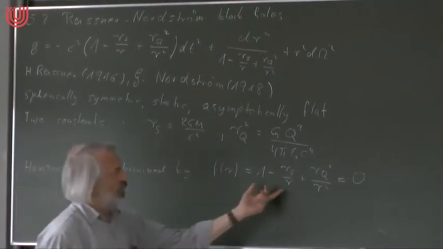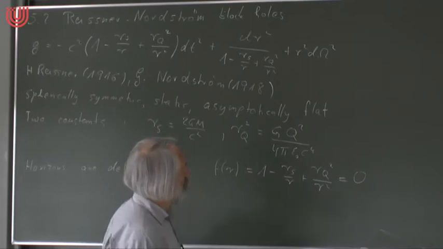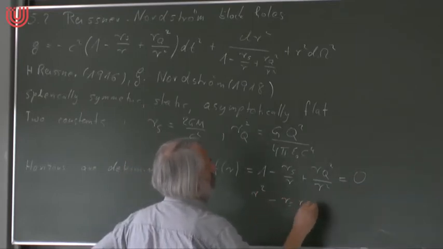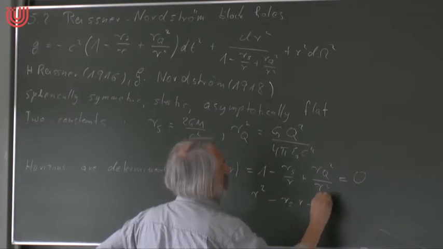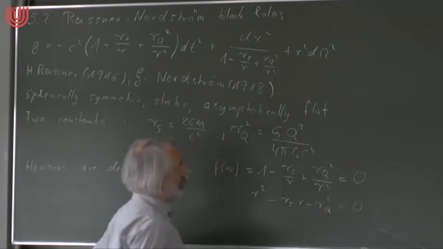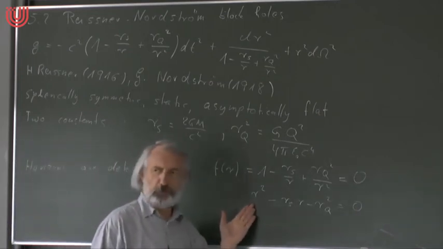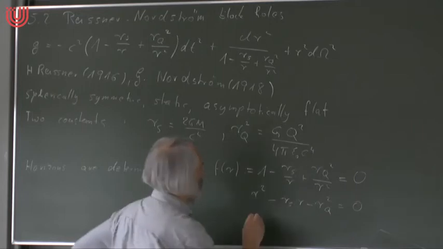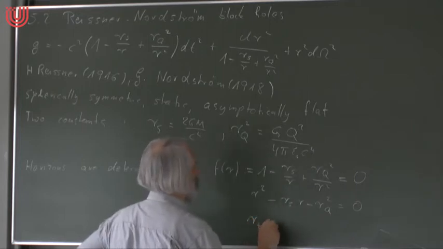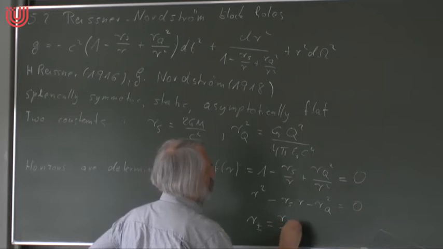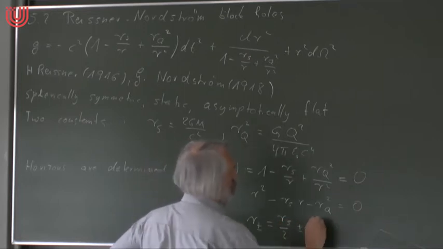So that's a quadratic equation, right? If I multiply it with r squared, then I get r squared minus rs r minus rq squared is 0. So this gives me the horizon. And everybody knows how to solve a quadratic equation. There's a standard formula, and the solution in this case is r plus minus is 1/2 of rs plus minus root